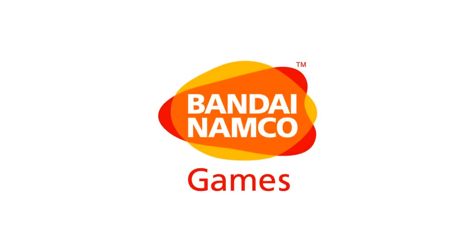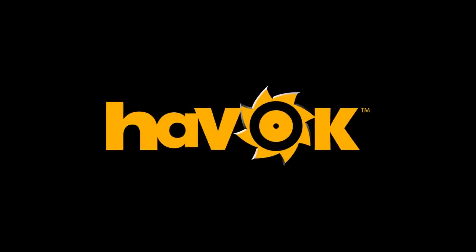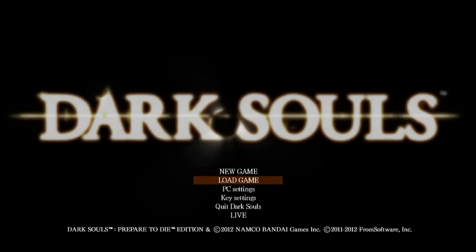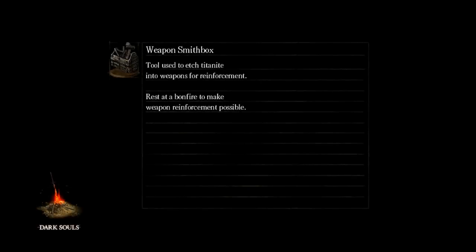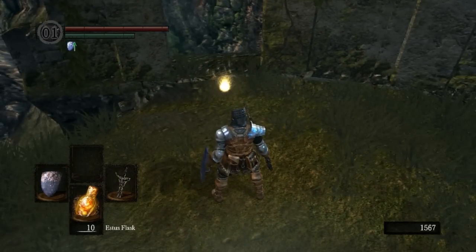Oh, you will notice that I'm not playing online anymore. I don't want to get invaded, so it's obviously better that way. But the thing is, when a creature dies from falling down, let me load this here. There you go. When a creature dies from falling down, he will not drop loot unless you quit the game